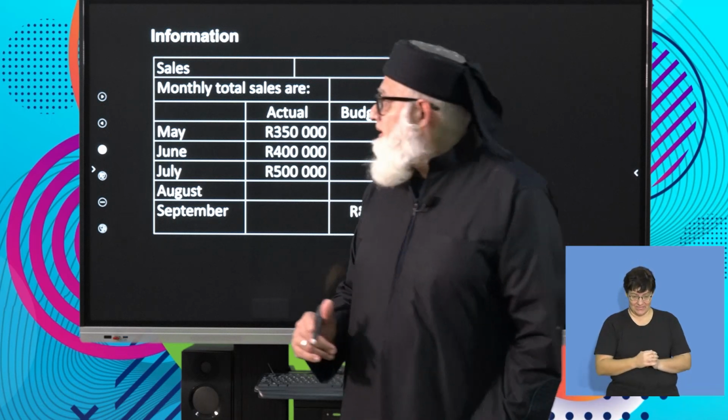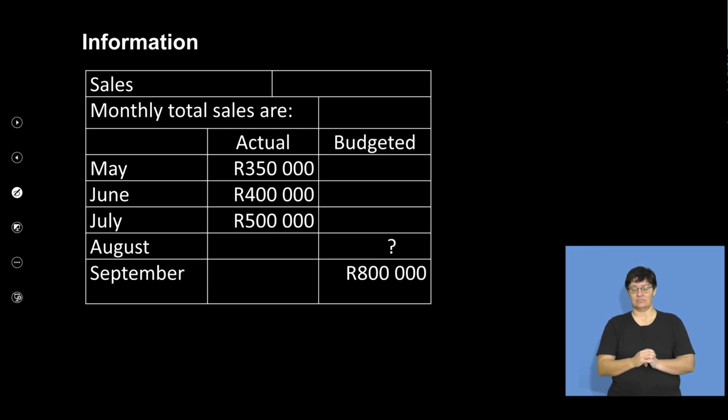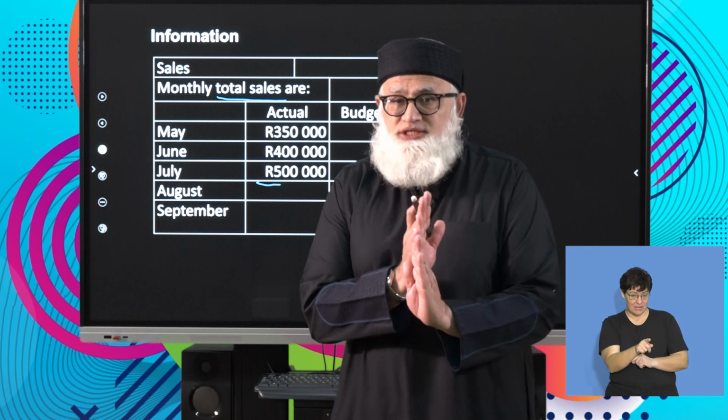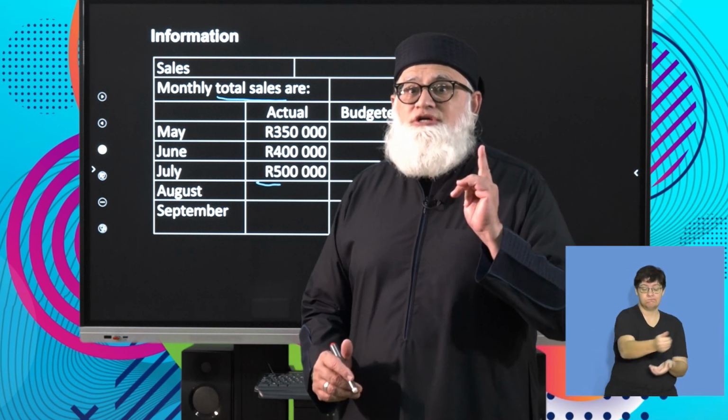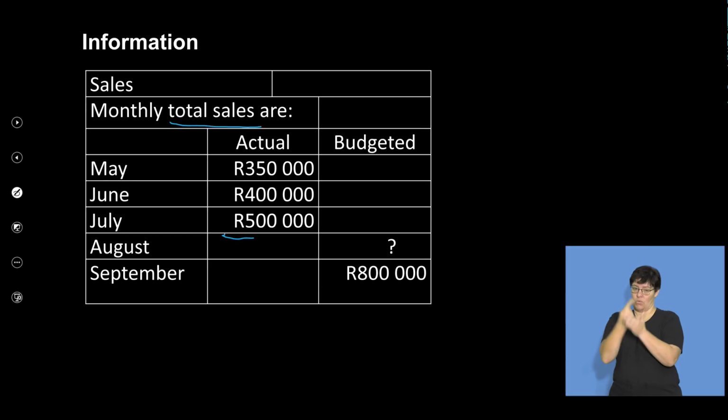Right? Okay. Now, this is your monthly total sales that you are given here, right? And obviously, there's your actual and your budgeted. But remember, this is now total sales. Whereas your focus when you are doing a debtors collection schedule is your credit sales. Okay, now,